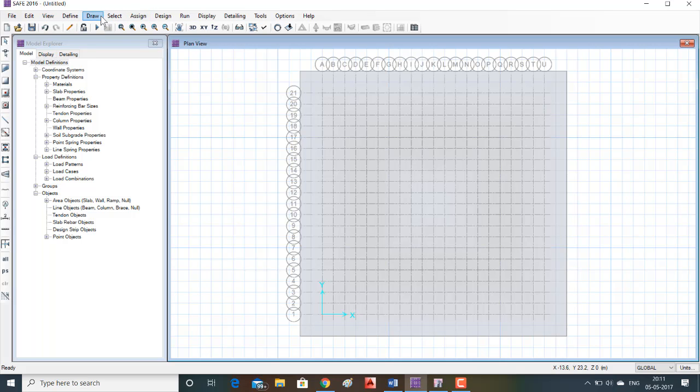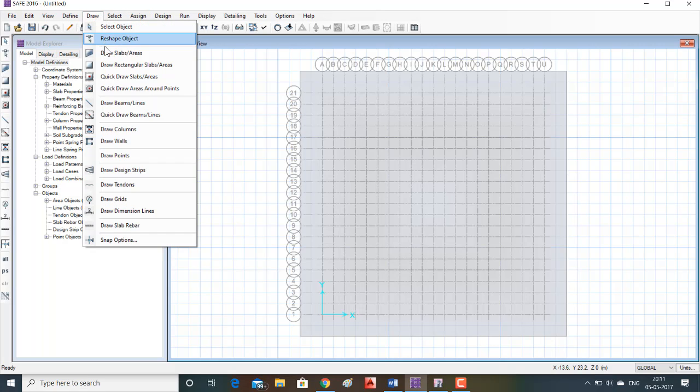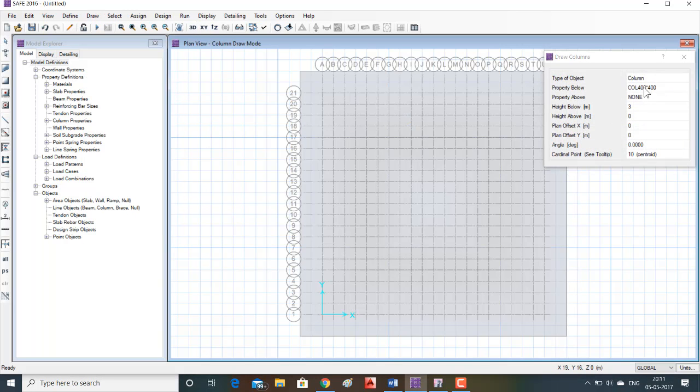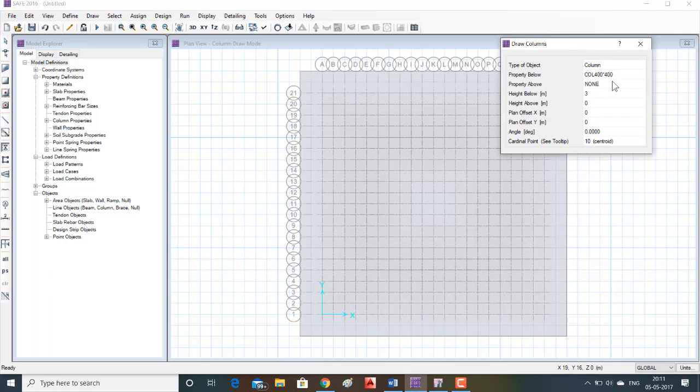Now we should draw the columns. Here, columns property below as none, property above as column 400 into 400, height below is 0, height above 2.